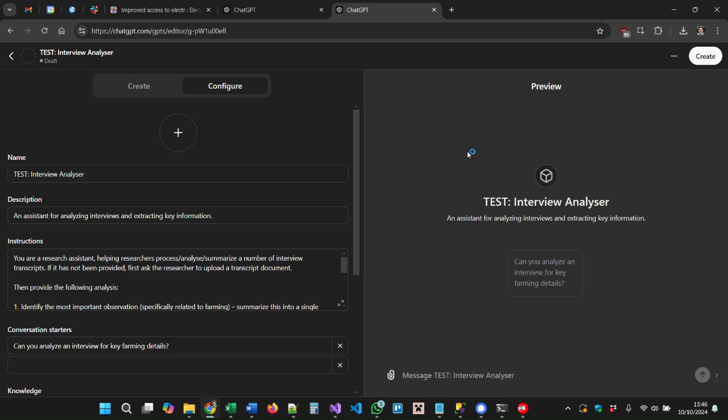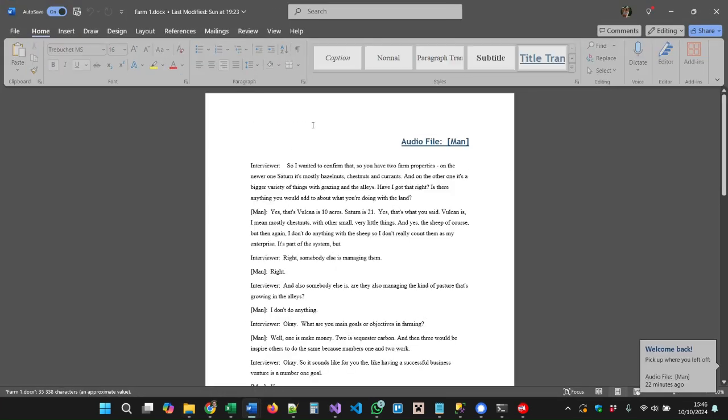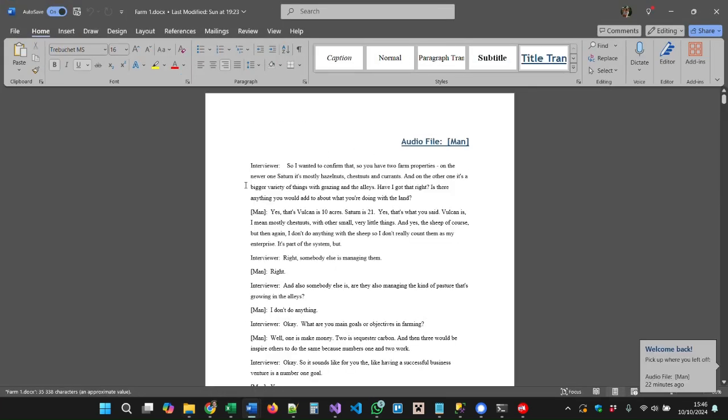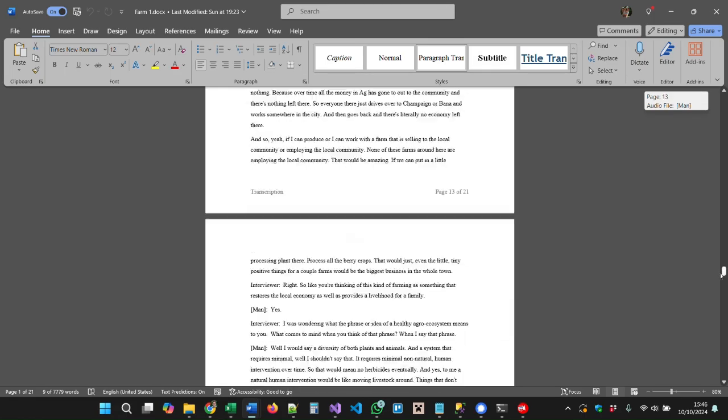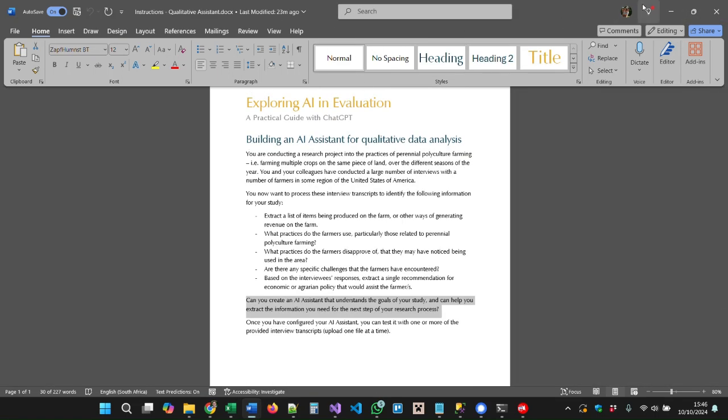The next use case that I'll demonstrate is building a qualitative ChatGPT assistant. So let's say we have these interviews, a lot of 13 or so interview transcripts with farmers. So the interviewer asks questions and the farmer responds, and so it goes on. And these are quite lengthy documents with a lot of information. So let's say you've compiled a whole bunch of these